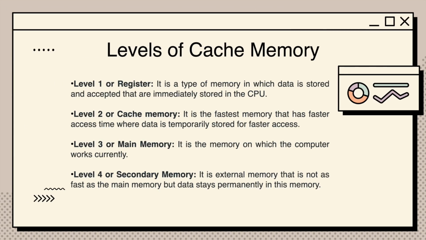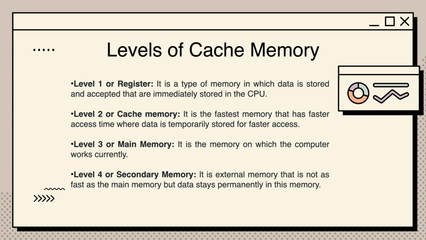I am Ayush from Group 4 and today I am going to present on the topic levels of cache memory and cache performance. Cache memory is a type of fast memory that stores frequently accessed data and instructions for quick access by the CPU. In modern computer systems, cache memory is typically organized into multiple levels, each with a different size, speed, and proximity to the processor. These levels are designed to reduce the average access time for frequently used data and instructions while minimizing the amount of data that needs to be retrieved from slower memory.